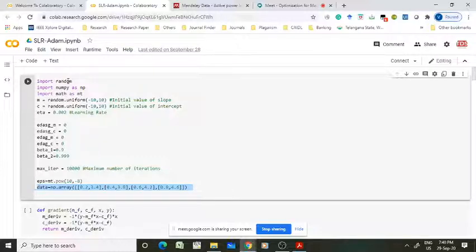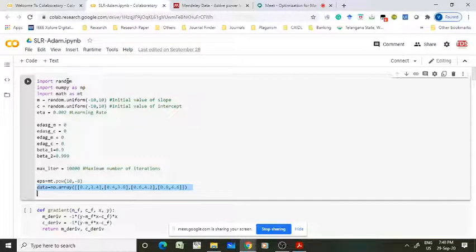So now the Adam optimizer. For the Adam optimizer, you have to try to recollect. You have to calculate the exponential decaying average of the gradient with respect to m and with respect to c. Similarly, you have to calculate the exponential decaying average of the squared gradient with respect to m and with respect to c. After calculating these four parameters, you have to calculate bias corrected values for all of them. After that, you have to update your model parameters.